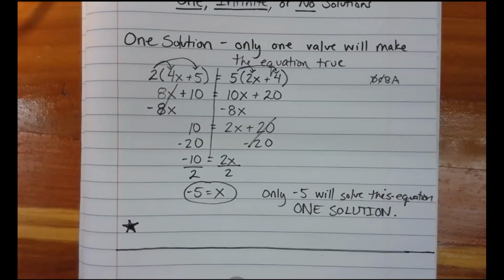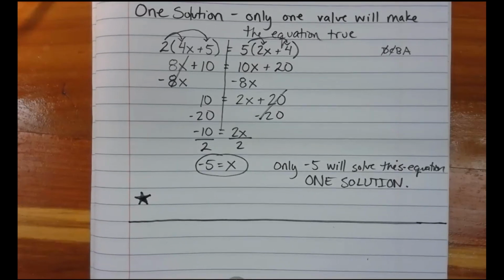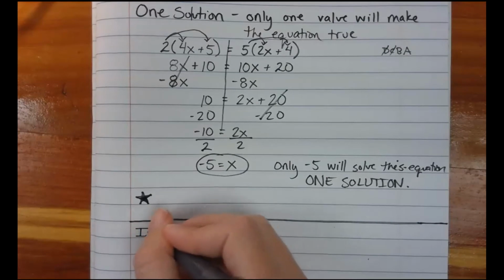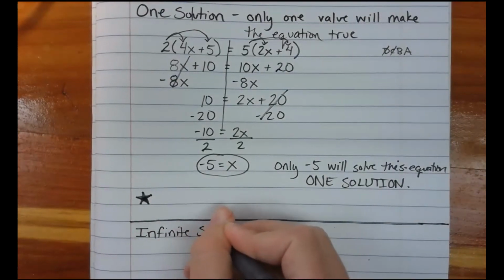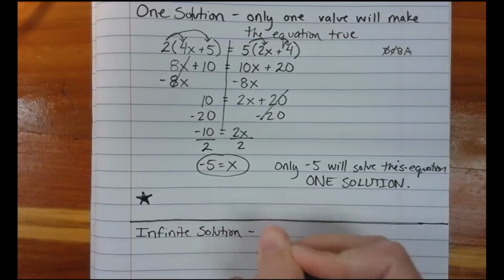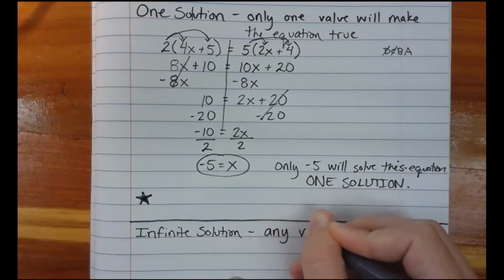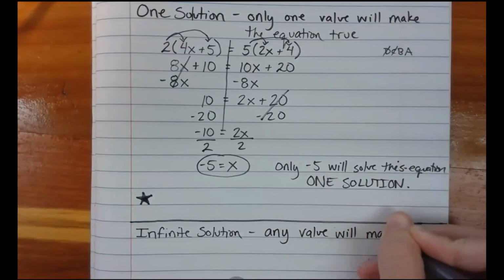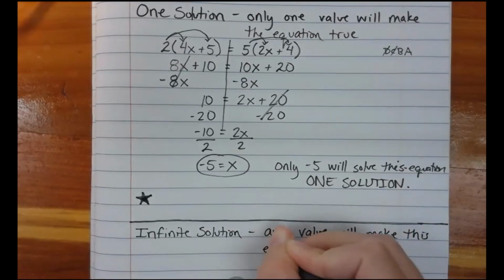And now we're going to look at what does it mean to have infinite solutions. So what do I mean if something has infinite solutions? So we're going to write that down. So the next section is infinite. And here's what this means. This means that any value will make this equation